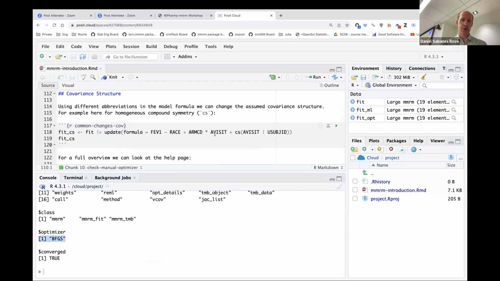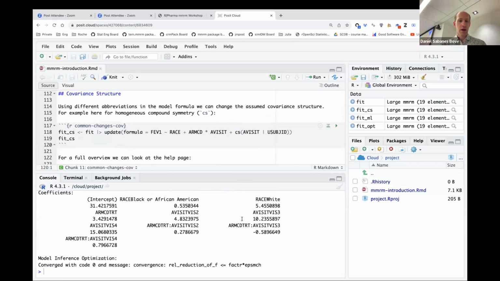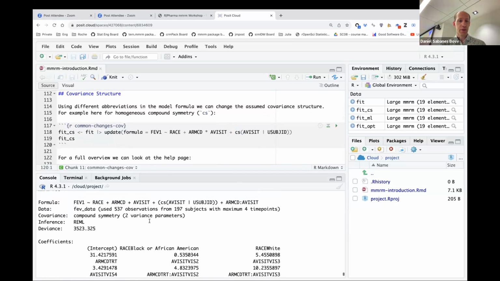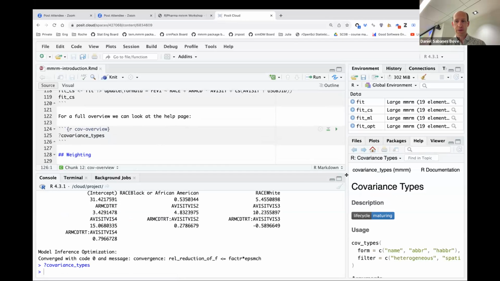And you can just use these different acronyms. For example, compound symmetry is specified by using here CS. And again, we can just update our fit here with that. And we see here that we now have this compound symmetry covariance model with just 2 variance parameters specified. If you want to have a full overview of options for the covariance types, we have this